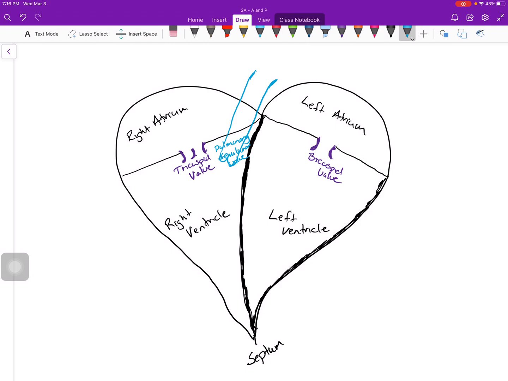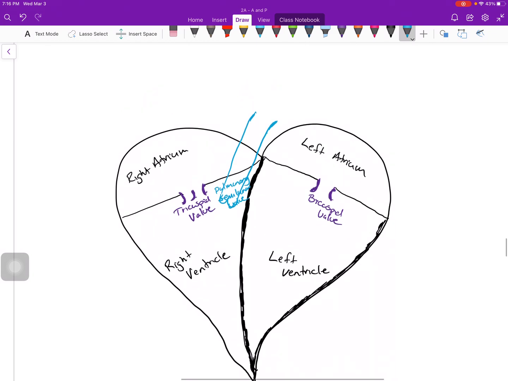Now, the next thing I need to do is add the valve for blood flow leaving the left side of the heart. So I'm going to do that here in this pink. And again, I'm going to draw that kind of half moon shaped valve there. And I'm going to extend this here, but it goes behind the pulmonary semilunar valve to right there. So I'm just going to kind of dot, dot, dot that. And then it goes up